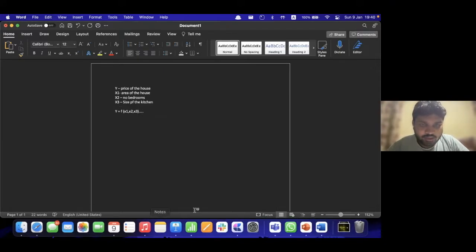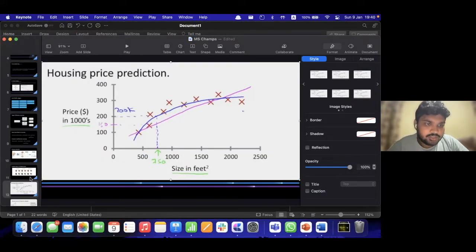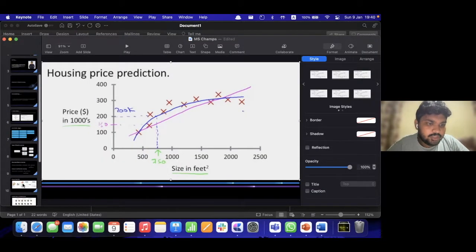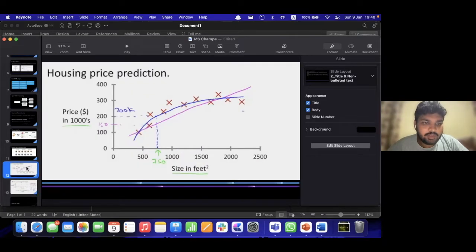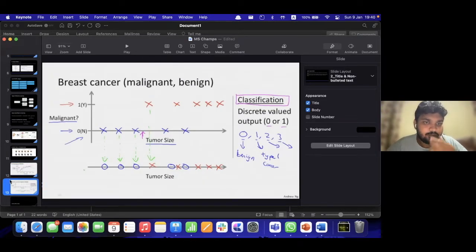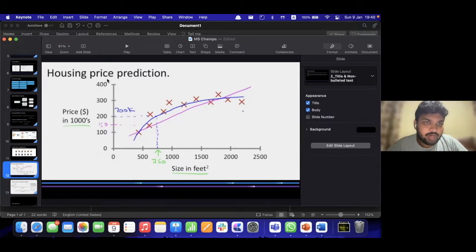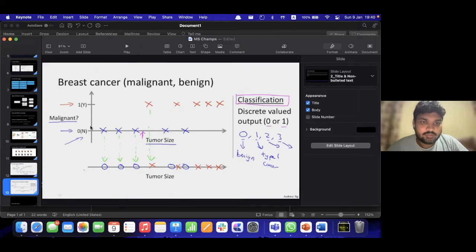So coming back to the presentation itself, this is regression, and we'll move on with classification problems as well. So let's try to understand where classification changes from a regression problem, right? In a regression problem, I said that we are trying to predict the value of a continuous variable using a set of features, right? But in contrast, in classification problems, what we are trying to do is classify